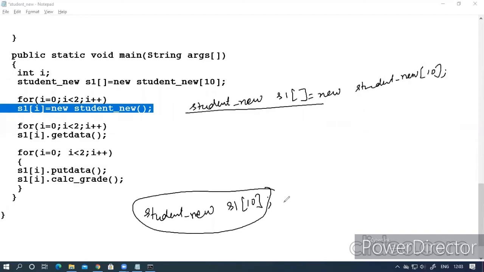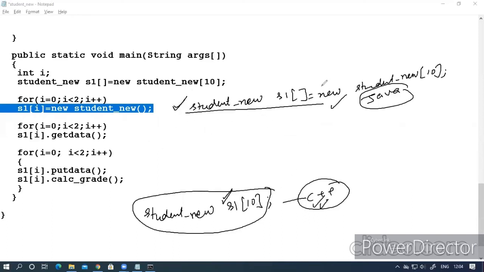So if we talk about C++ array creation for objects and Java, this is for Java object array creation, and this is C++. So in C++ you had studied this, but in Java, if you want to create an array of objects of any class, you have to do it like this.